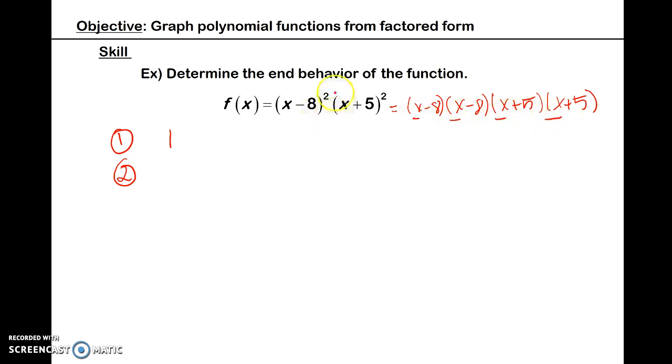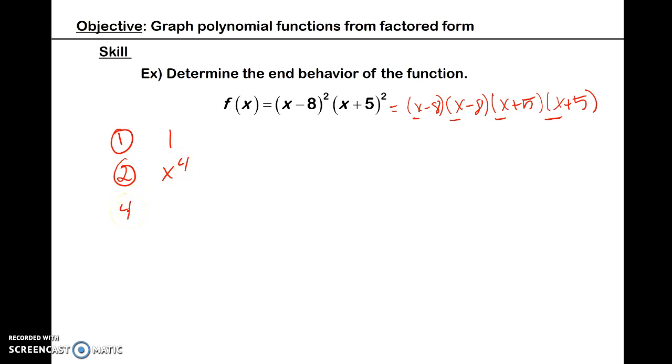From the exponential form, you can see that you have 1 x here and it's squared, so that counts as 2. You have another x here and it's squared, so that counts as 3 and 4. So I have a quartic function,